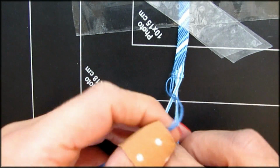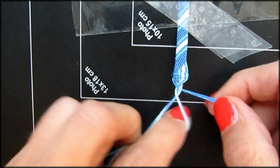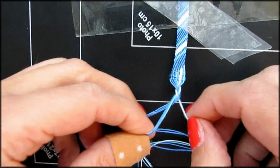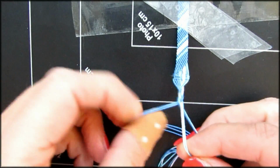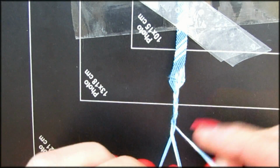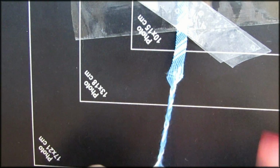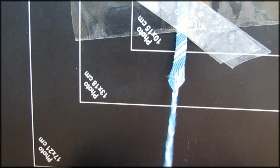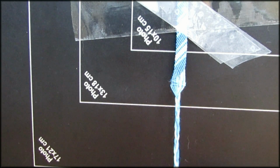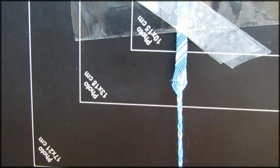So now I'm going to weave it, and I'm doing that on the back. Start weaving on the back and try and stay in the middle a little bit. I'm moving over like that. And I'm just going to weave. I'm going to make this a long weave because this is for my little friend and she will need to put a new knot in there herself. So I'm going to make it a long weave